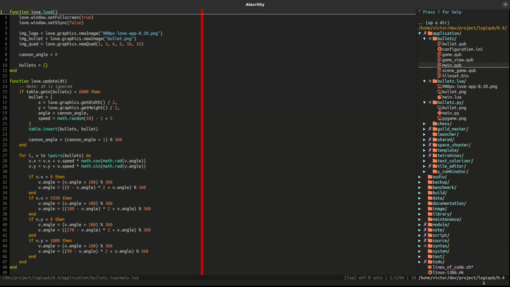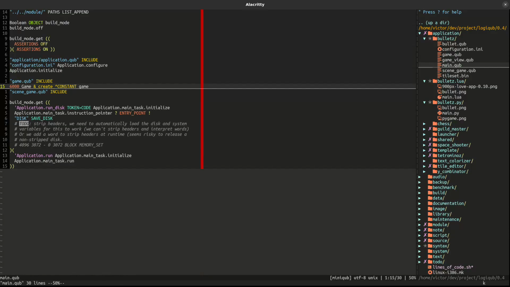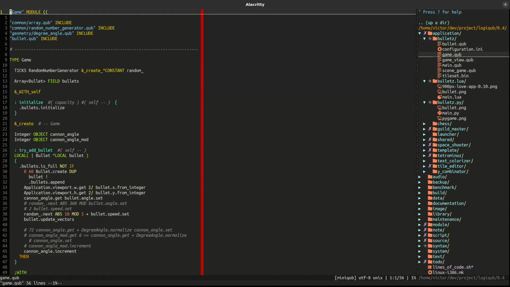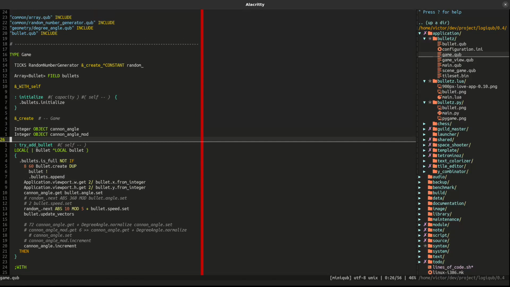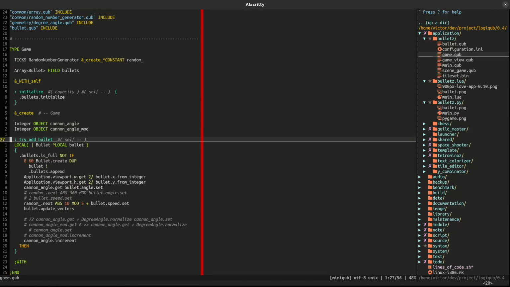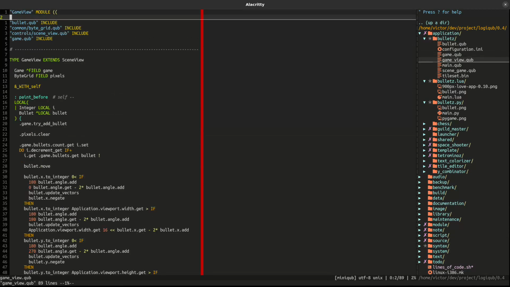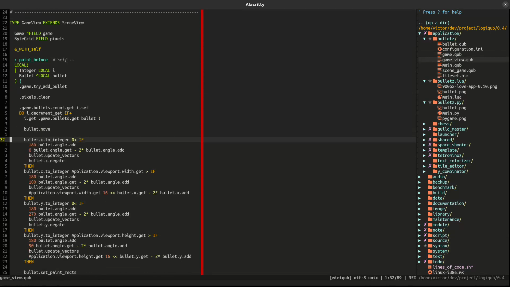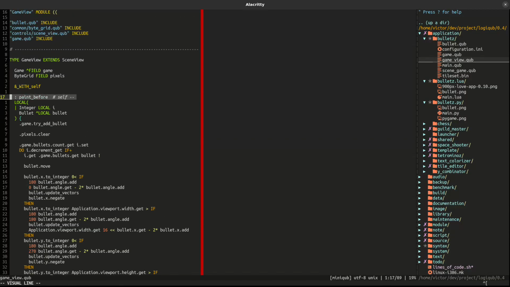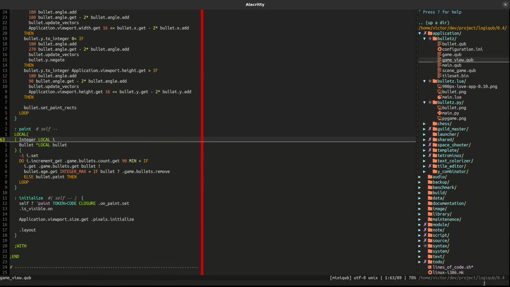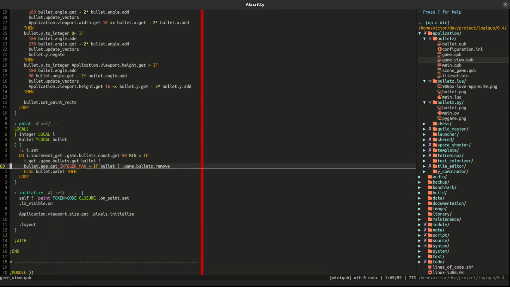And then we have the logiqub, which has a lot more files and code. Here is the 6000 limit, because I was scripting this really fast, so it's not as clean as love2d. You have a lot more files, but they are not that complicated. This is the update, which I called paint before. Then you have the paint, which is straightforward, except